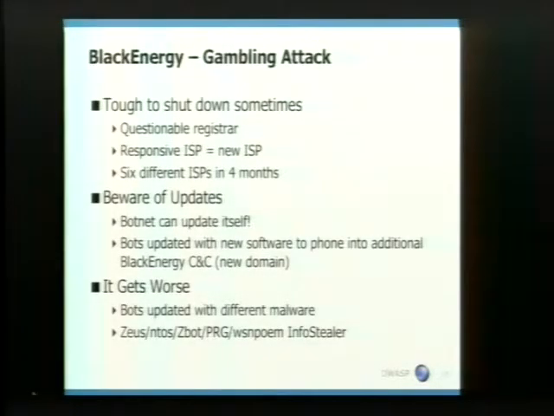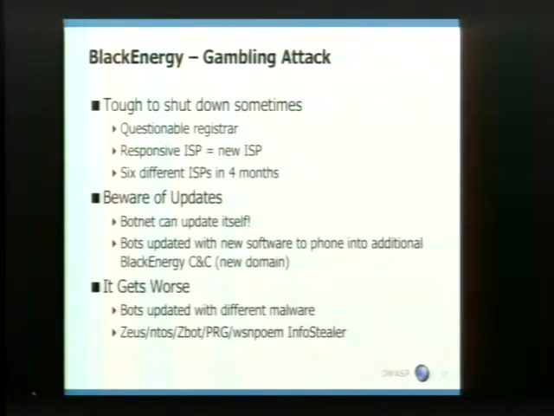So we did this at least 6 times in over 4 months. Looking back at it now, it completely kept changing and changing. I think he ended up in the Ukraine before it just magically went offline. I'm not sure why. But one of the problems is the bots, like I mentioned earlier, they can update themselves. So why is that an issue?